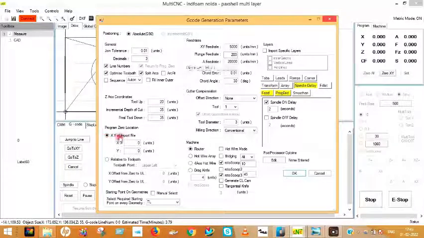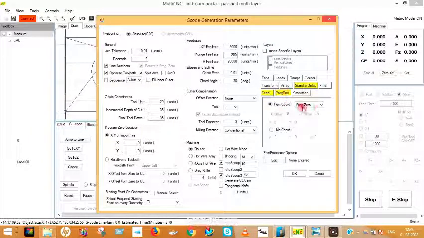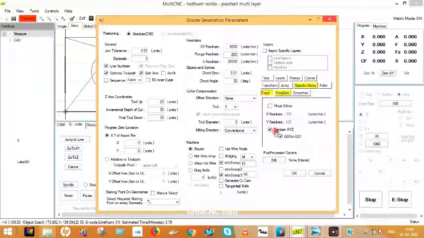click on XY of import file location. Program 0 location should be from XY of import file, and if there is a normal DXF, you have to click here. Now we are using a multi-layer DXF, so we will click XY of import file. All these parameters will be the same for an OTK machine. Before moving to the layer option, first see here, spindle delay should be 2 seconds, program end should be program 0, and feed should be maintained, XYZ should be on, the 001 to 00 should be on.